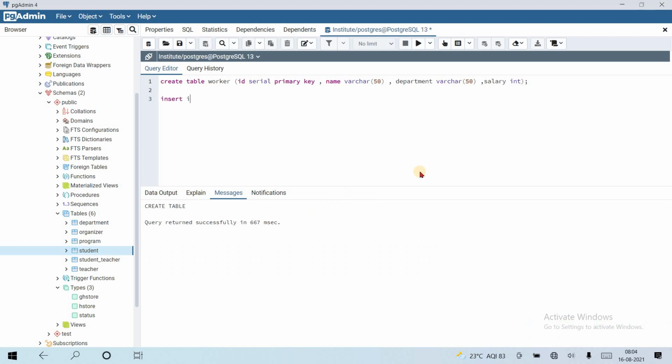Insert into worker name, department, and salary values.